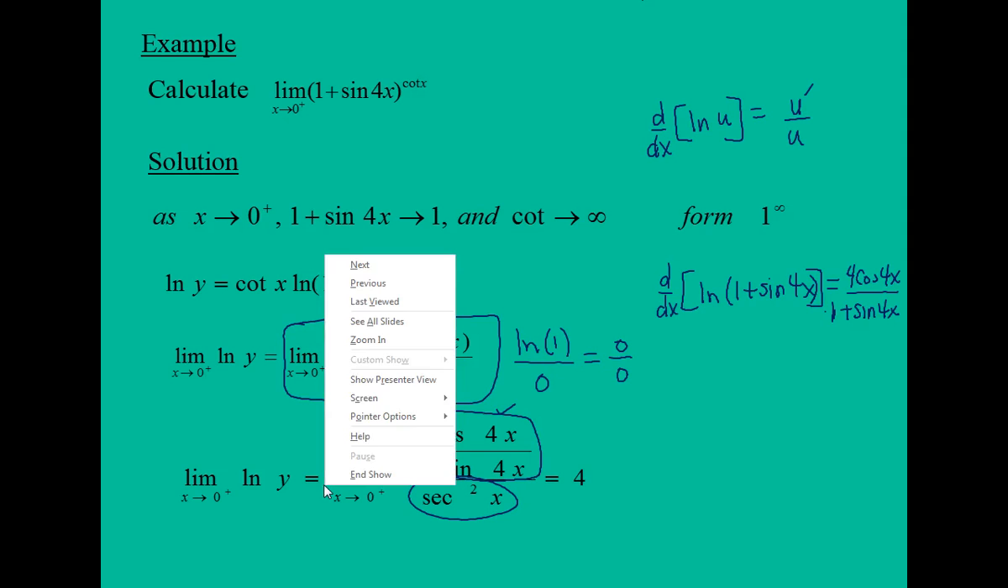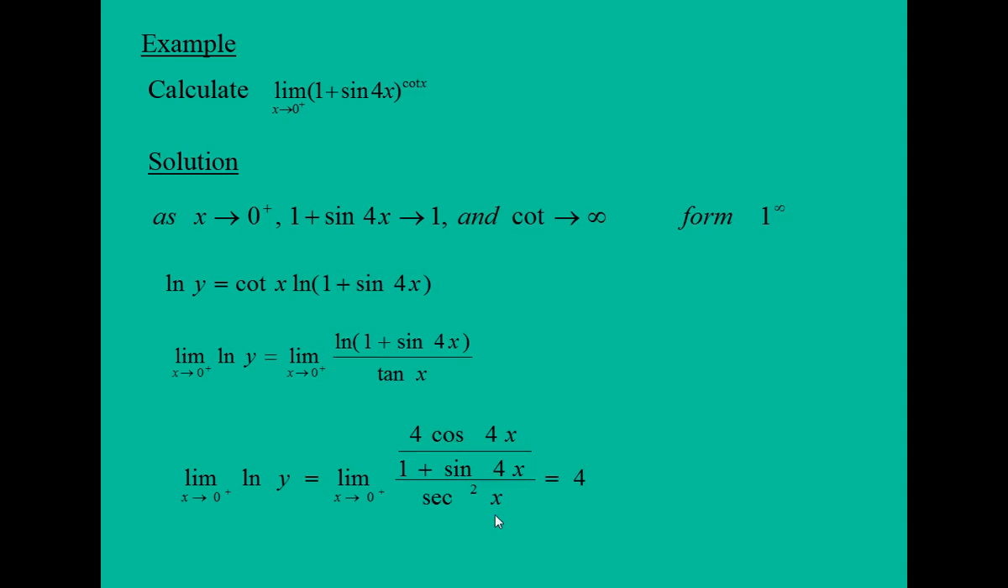Now looking at this side of our problem, if we look at this piece now and use direct substitution on this side, we would have the limit of 4 times cosine of 4x. We'd plug 0 in for x, so we'd have 4 cosine of 4 times 0,